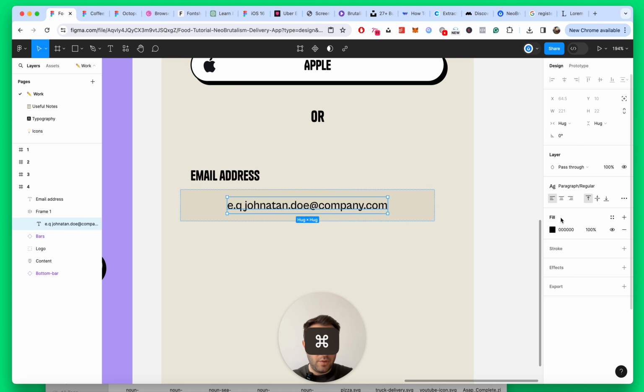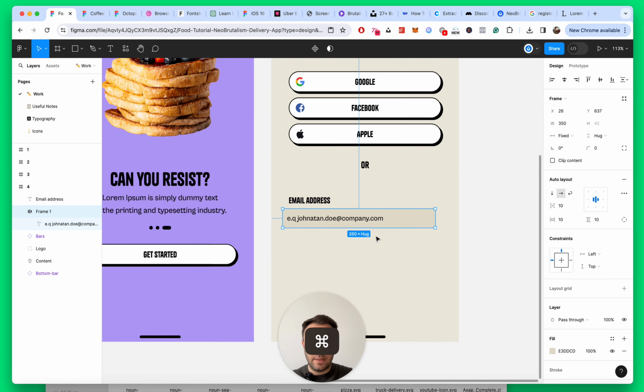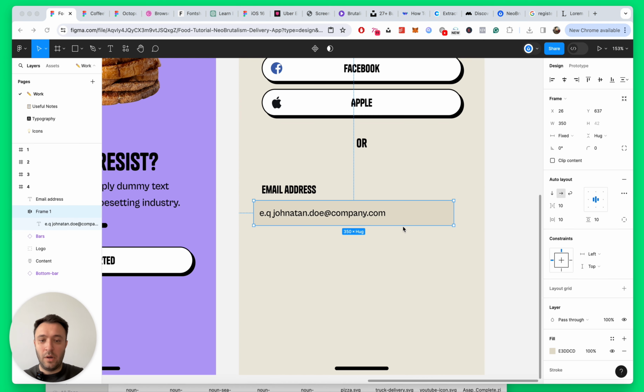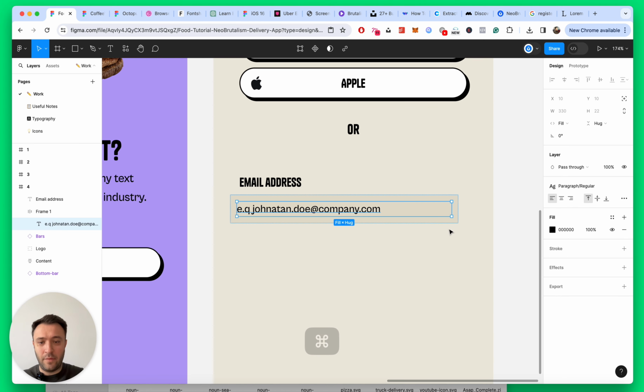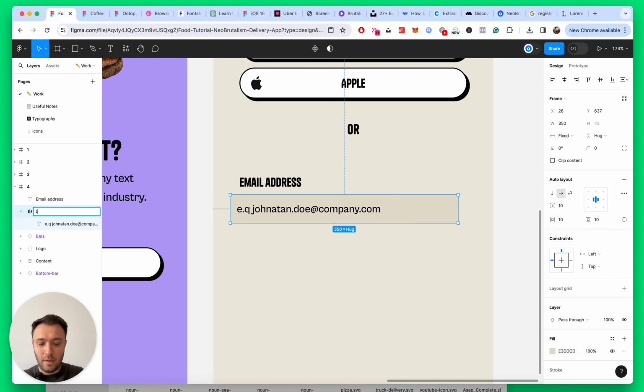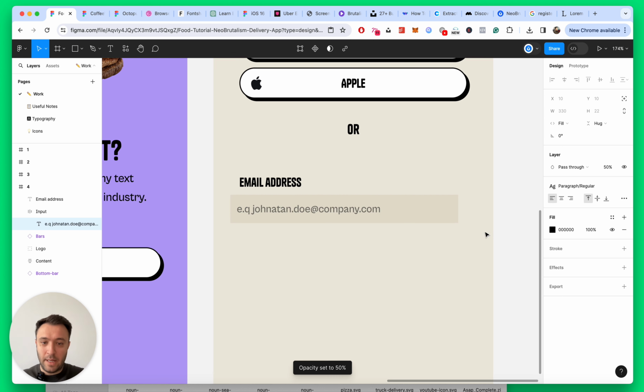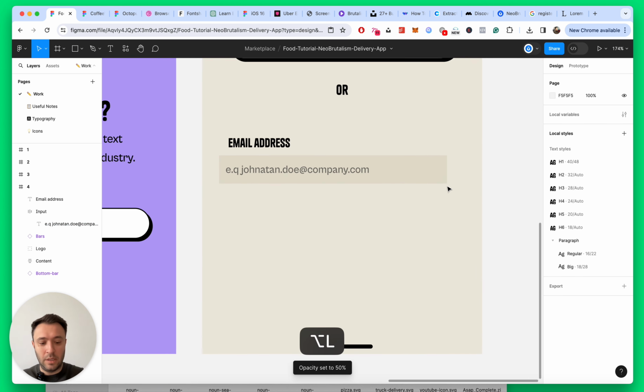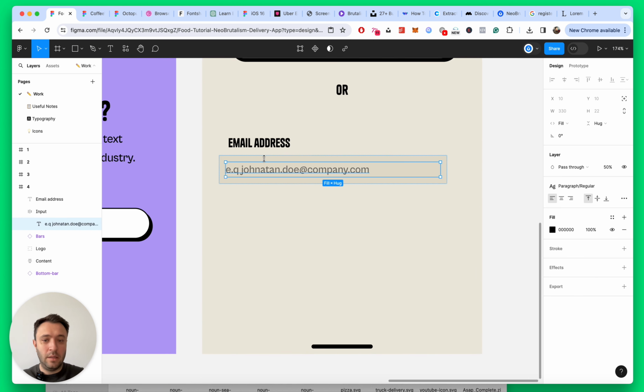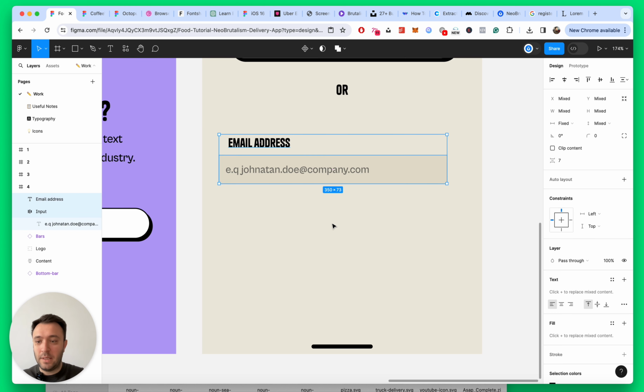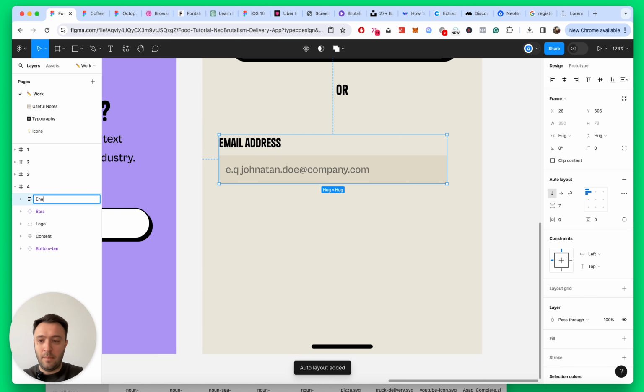Okay, let's make sure this is filled, because if he has a long name or a long name for his company, it will perfectly adapt. Okay, this will be our input. Let's decrease a bit the opacity because this is just a placeholder. And okay, select both these, again auto layout, email address,